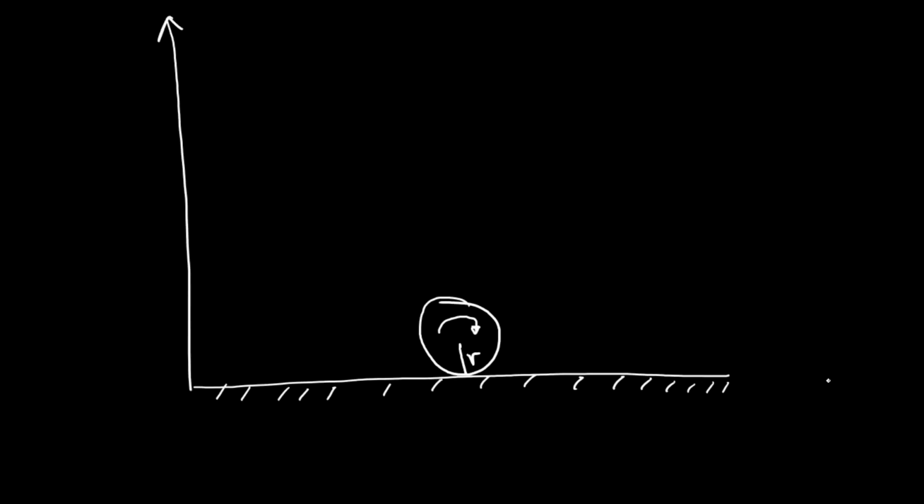So let's get the notation in place. This is the x-axis, this is the y-axis, this is the z-axis. There is little doubt about what the origin is, and this disk is of mass m